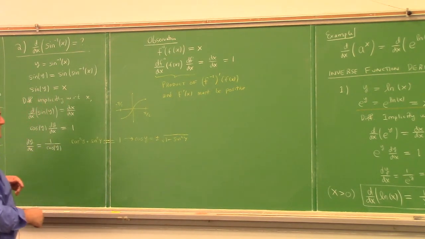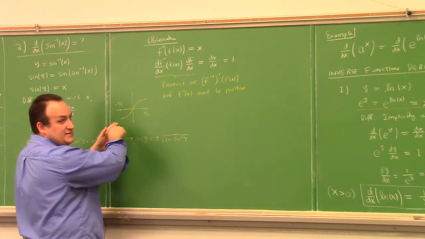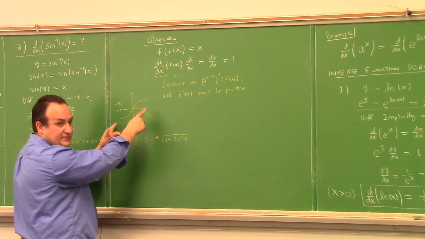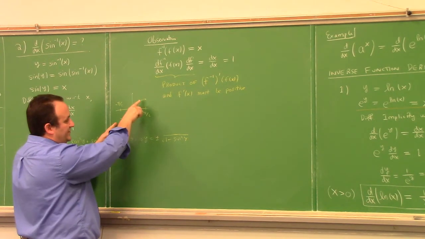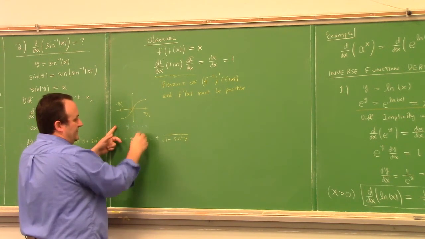But anyway, so that's inverse. That's the part of sine which is inverted. So if we look at sine from minus pi over 2 to pi over 2, do you have a positive or negative derivative? Well, it has clearly a positive derivative, right? So since y equals sine x has a positive derivative, we must choose the